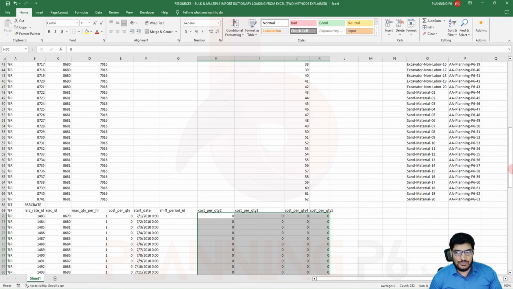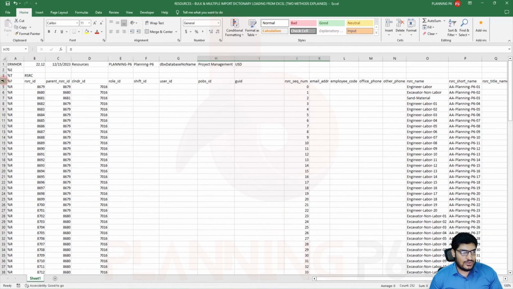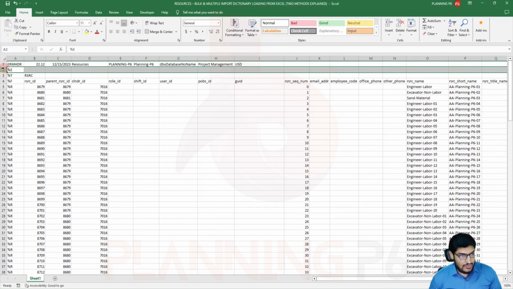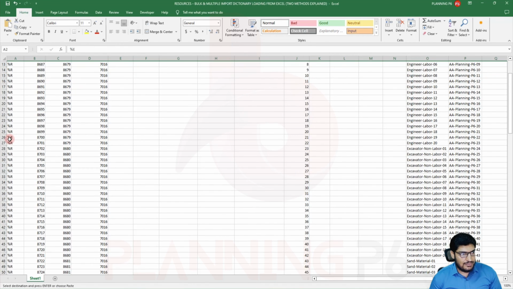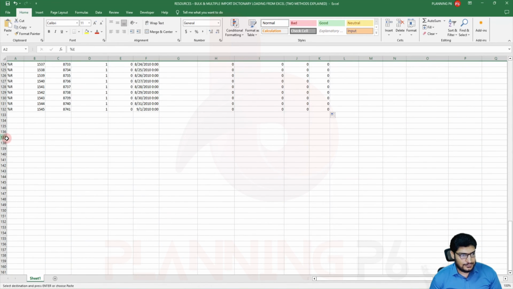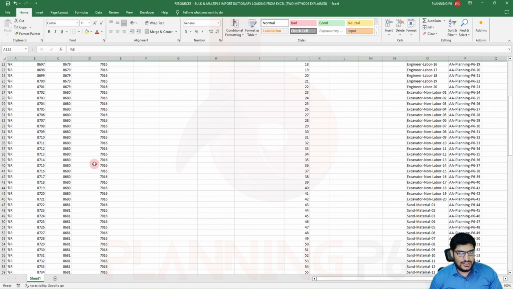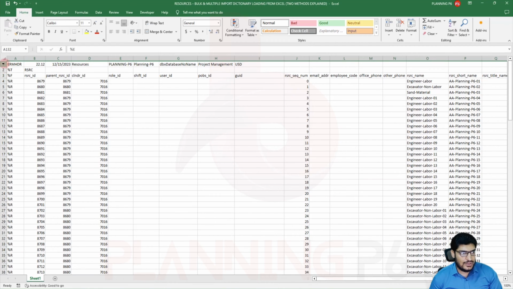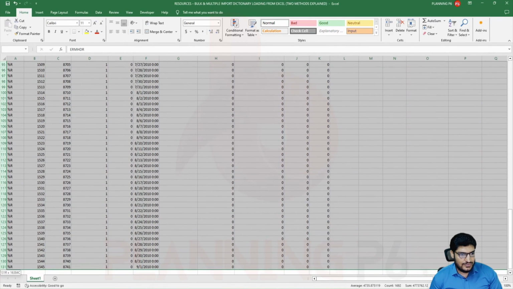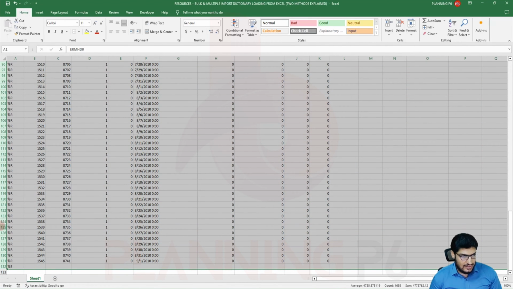How can we move it to Primavera? So this one is the end. We will cut from here and then paste it up to the end. Here we will insert the cut cells. Now our sheet has been completed. We have to do it. Just select the sheet from here. Coding is done, and then copy